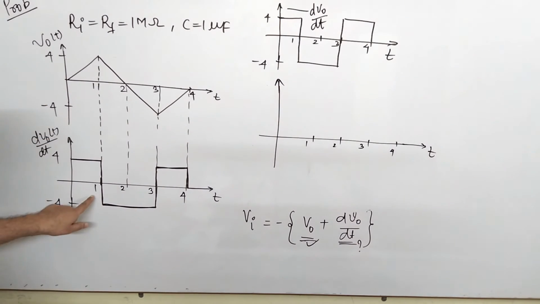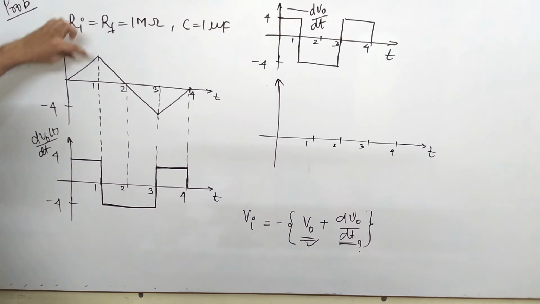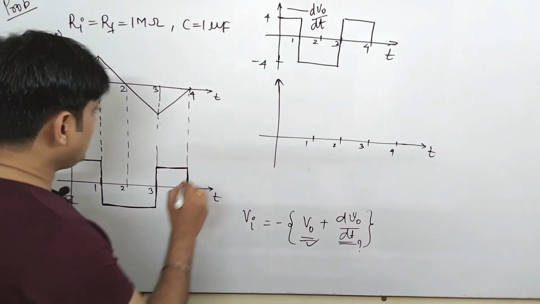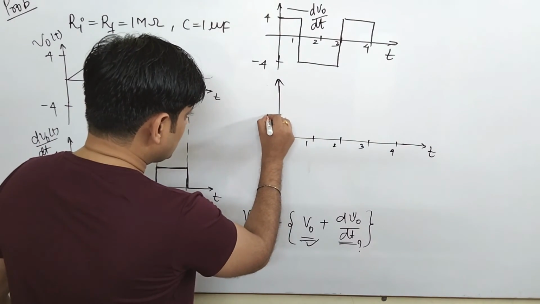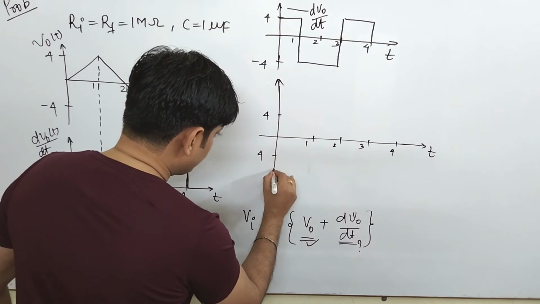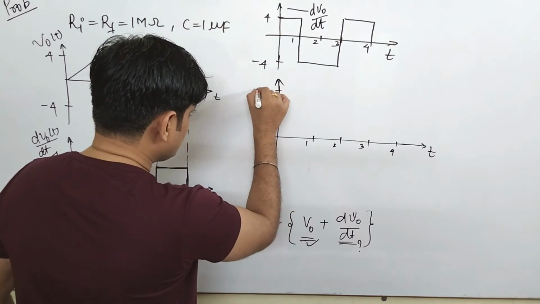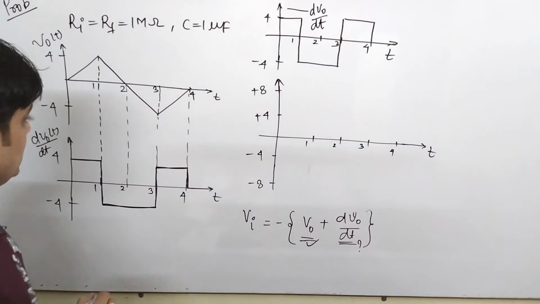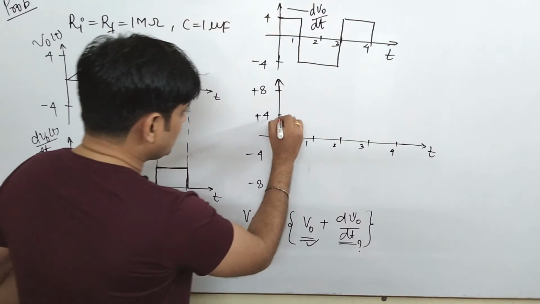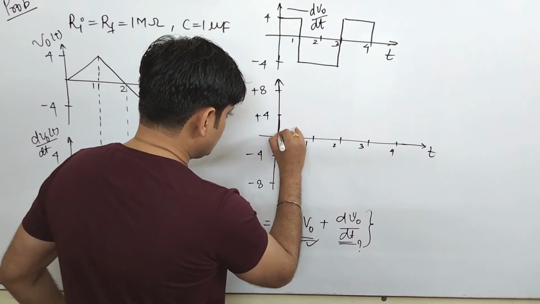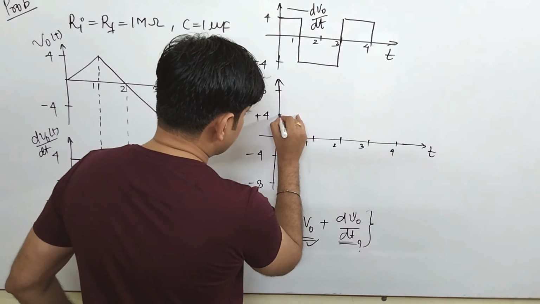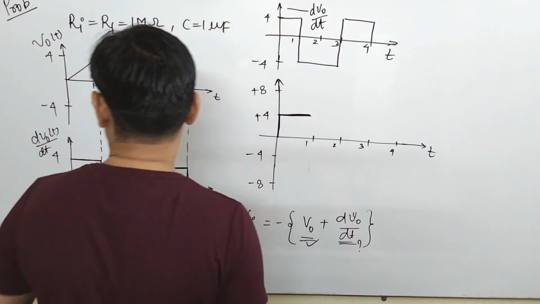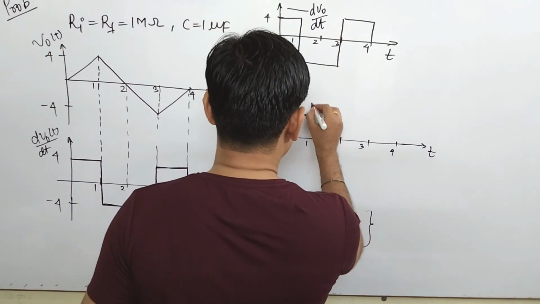Now please see, at 1 the maximum magnitude is 4, this magnitude is also 4. At 0 this magnitude is 4, this magnitude is 0. So when you add, this signal will start somewhere from here. Say it is 4, this is 4, this is some value, maximum value, you can say it is plus 8, this is minus 8, this is minus 4. So it means your signal will start from somewhere here, in this manner, and now it starts moving in this direction. Now at 1 the magnitude goes up.